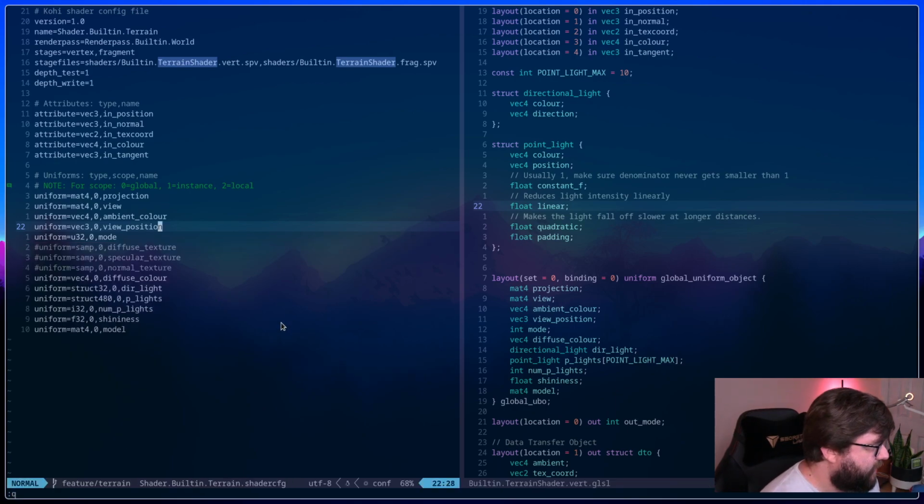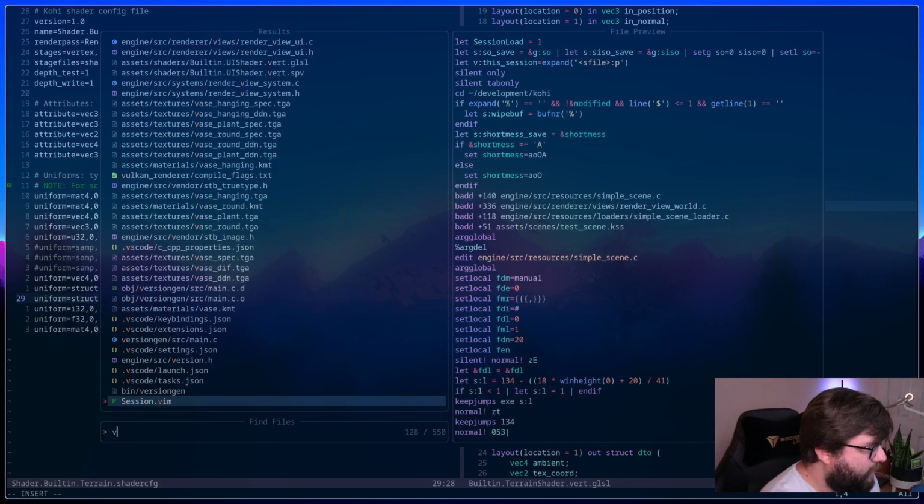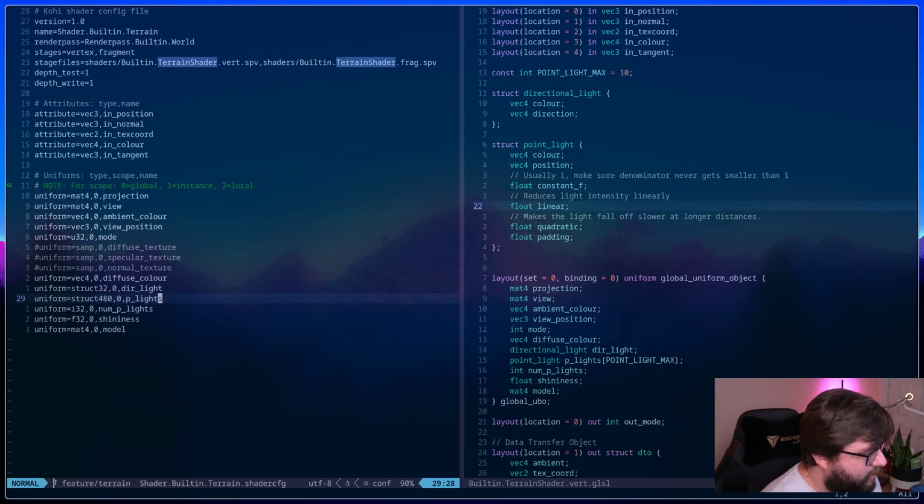Close some panes here, and I'll go to, I guess I'll go to Vulkan. I don't want to set a breakpoint in the back end. Let me go back to the view, I guess.